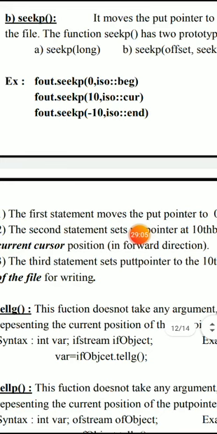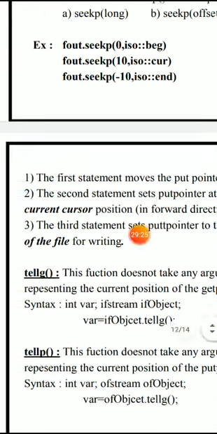That is the forward direction. Next one, fout.seekp(-10, ios::end) means it will move the put pointer during writing operation from the last character position to the minus 10th character position of the file.